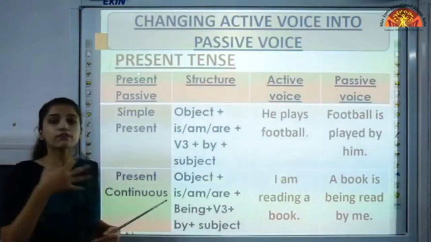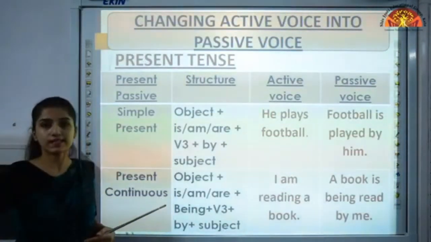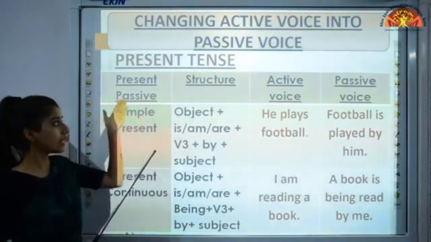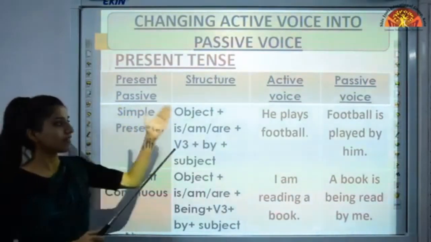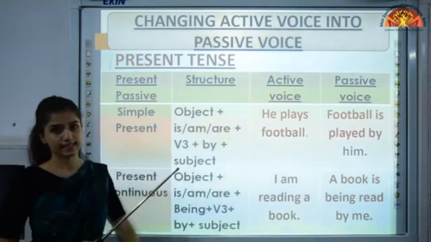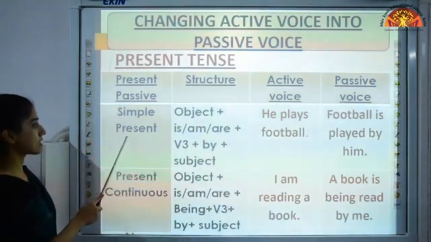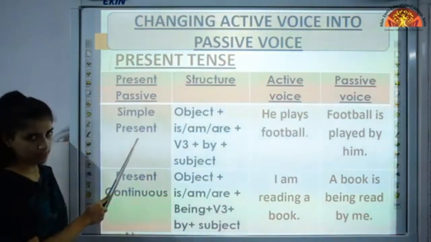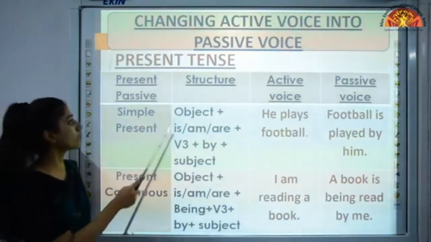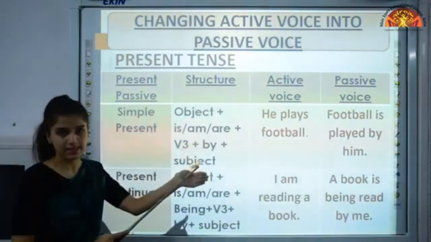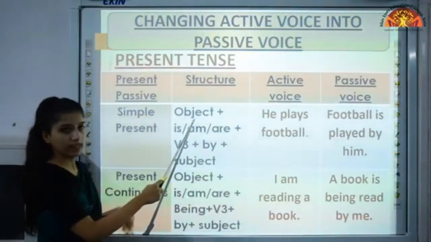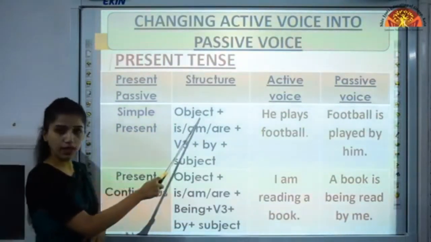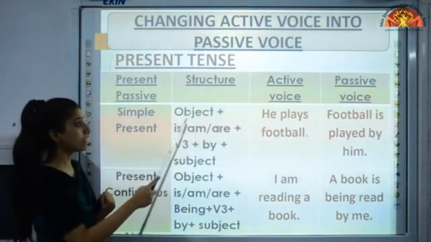Now we are converting these active into passive according to the tense. Now the first tense, that is present tense, and let's see the structure, and then we will be seeing the example. Okay. Now first is present tense, and in present tense we are talking about simple present tense. So the structure for changing active into passive is object. Like I told you, whenever we are converting active into passive, object will come in the first, then is, am